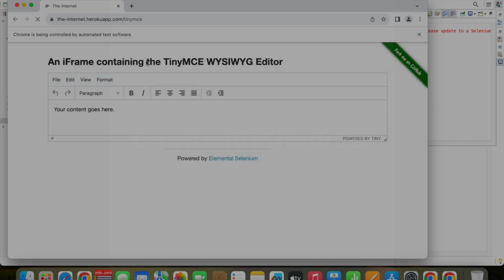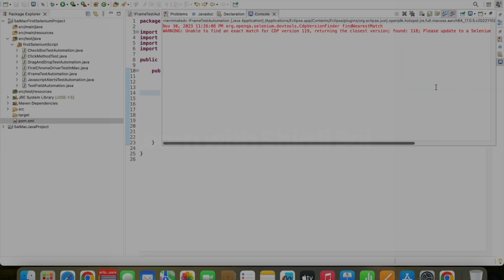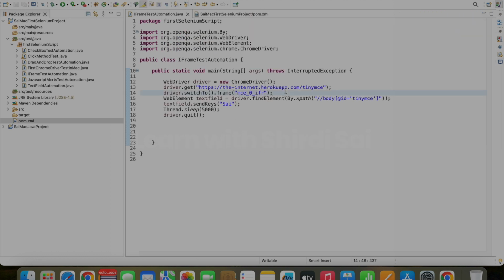Now you see text is entered and there is no error. It will get closed after 5 seconds. Okay, here you see there is no error. I will comment this particular line and copy and paste for